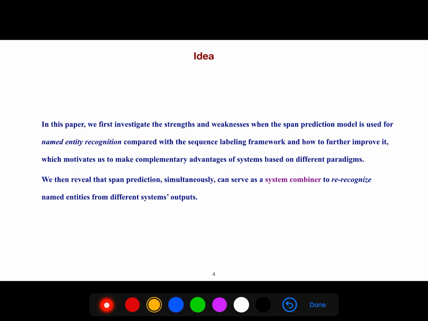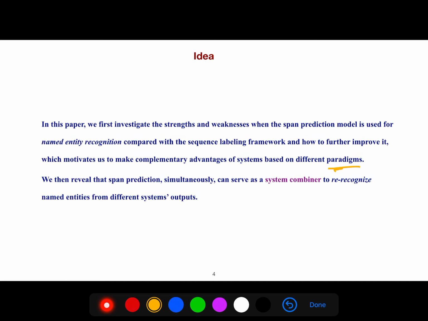We first investigate the strengths and weaknesses when the span prediction model is used for named entity recognition compared with the sequence labeling framework, and how to further improve it, which motivates us to make use of the complementary advantages of systems based on different paradigms.